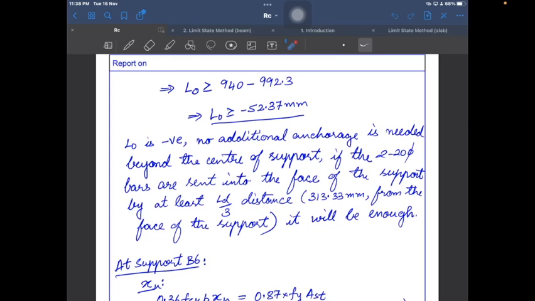If the total is less than LD by 3, we have to give some more and make it LD by 3. So two categories are there: L0 is there, LD by 3 is there. Nothing has to be compromised. Both we have to see.